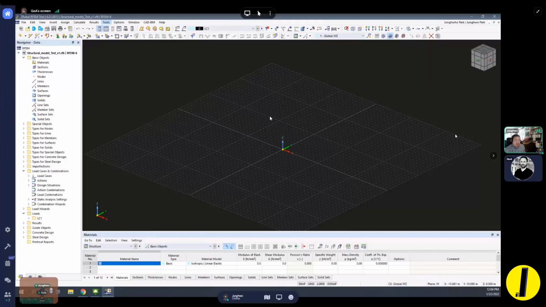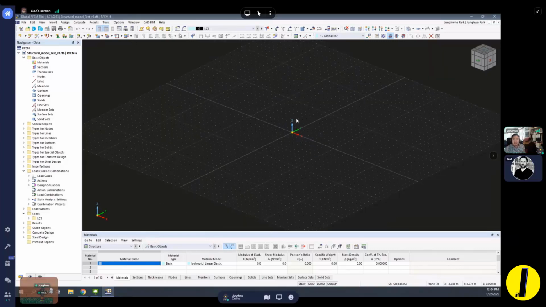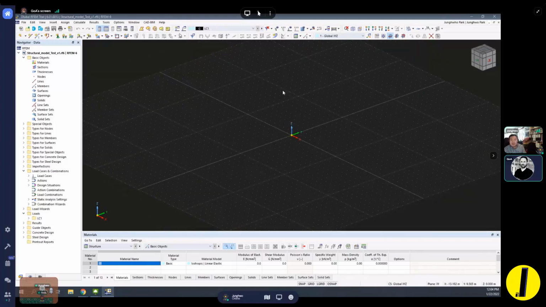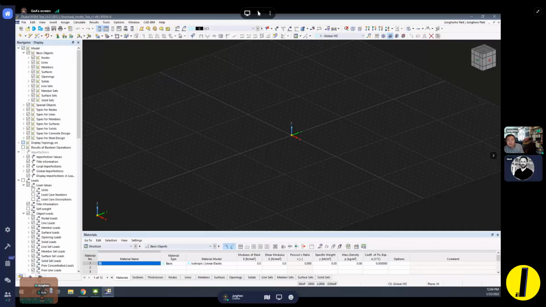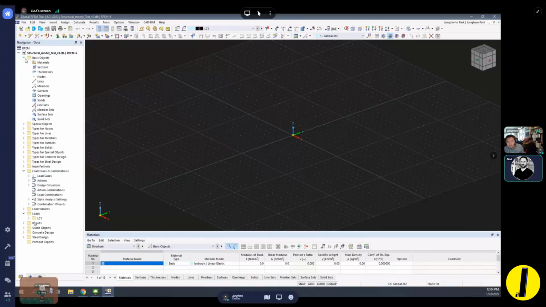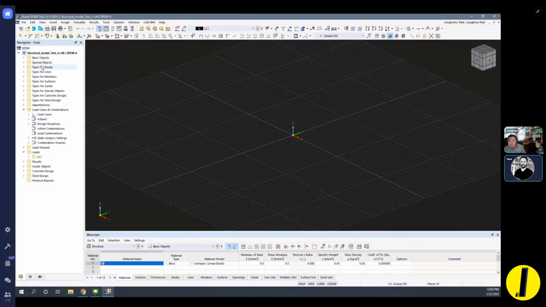What is the big difference in the interface? Is it more modernized in RFEM 6 than 5? I think if you're looking at the graphical interface, this is a little bit modernized. This option is really nice, and this part here, we can say, is nothing especially changed by visual style. It's a little bit modernized, but